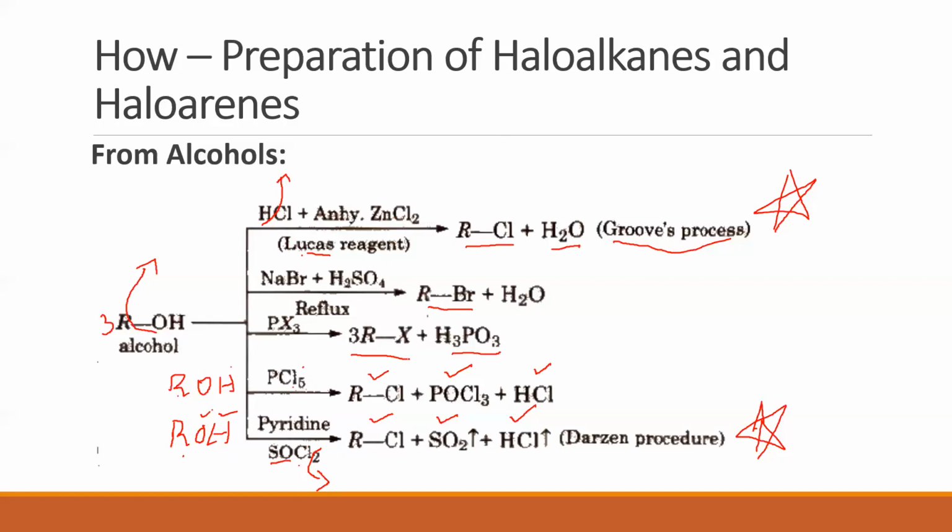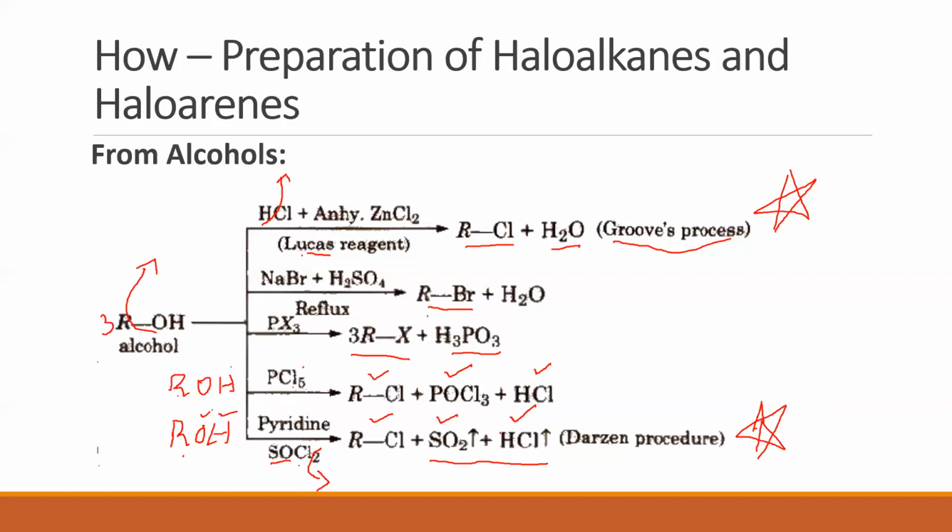Okay, what is the difference that you see between all the products and the last one? In all the cases, of course, the common product is alkyl halide. Look at the other products that are formed, which are called the byproducts. Byproducts here are SO2 and HCl. Byproducts here are POCl3, HCl, phosphorus acid, water. Now, what is different in the last case when compared to all the other four?